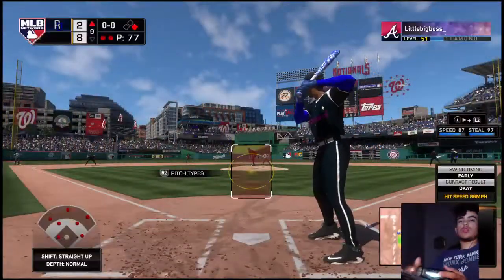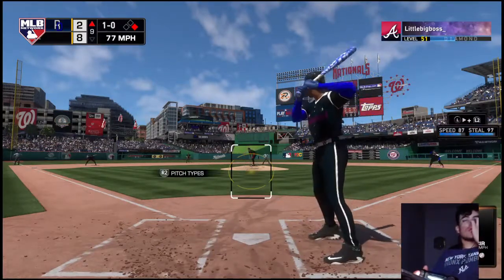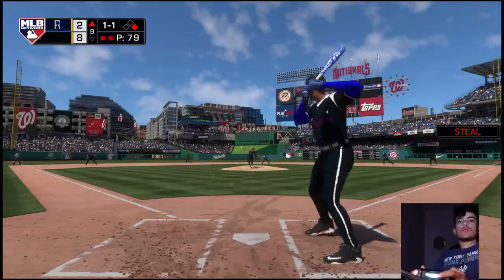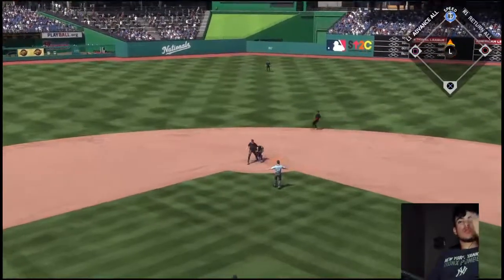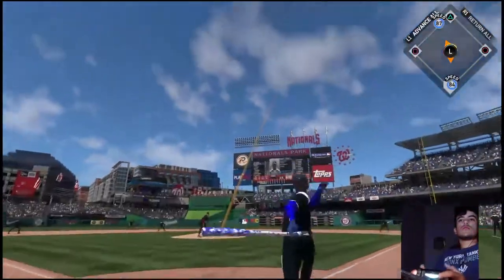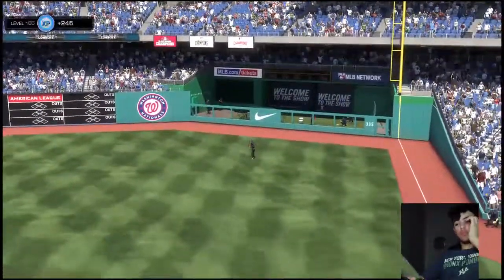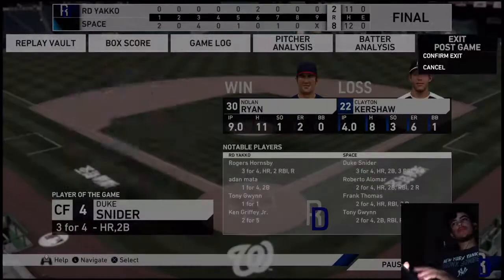Into the box now, Ken Griffey Jr. A couple of singles for him in 4 trips this afternoon. Now a changeup, but it misses just a little below the zone. He's running. Pitch outside, the throw. He's well behind the play. That's an easy stolen base. And the 2-1. Pulled high in the air out to right field. Gwynn has it in his tracks. Makes the catch, and that's the ball game. Every game has its offensive stars, and in this one, he arguably...